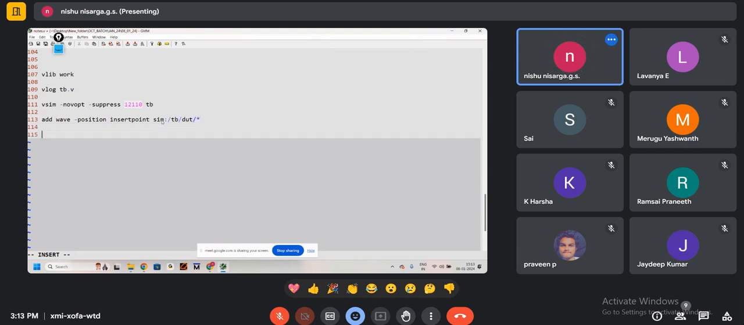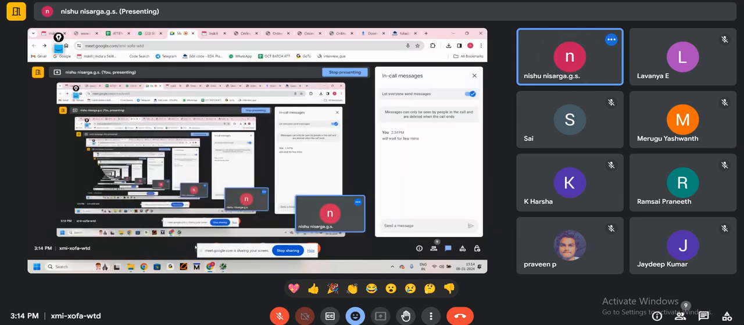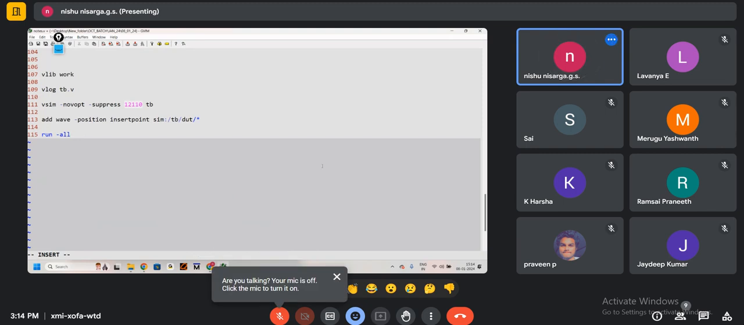Then run hyphen on. This is the only command you have to keep, and you have to save your file under the SV extension instead of the .v extension. While you are saving, keep it as SV instead of V. That is the only change you need to do while you are running in Questa Sim. You can run it in ModelSim also. ModelSim will also give you the results,